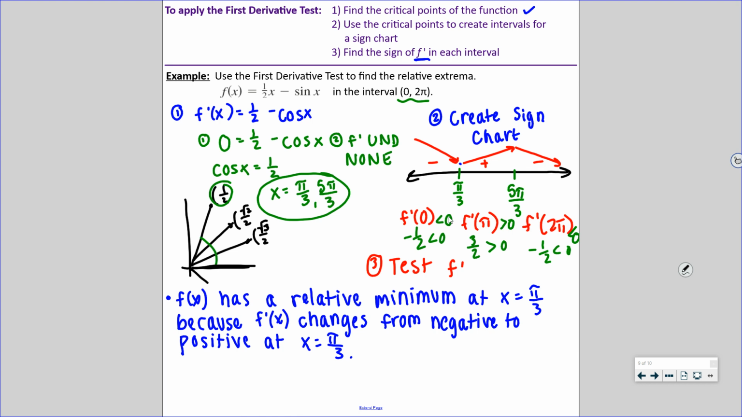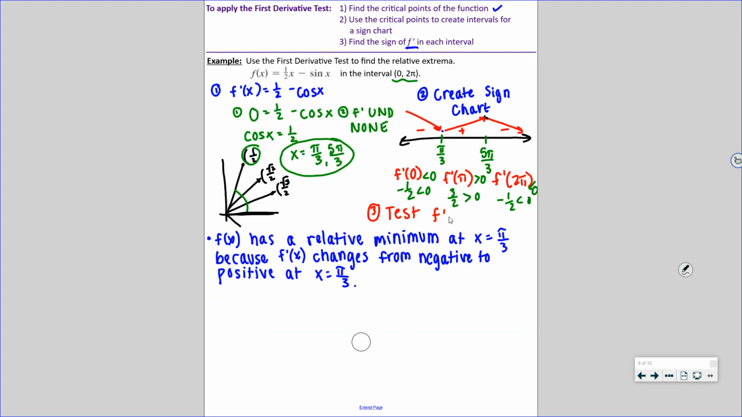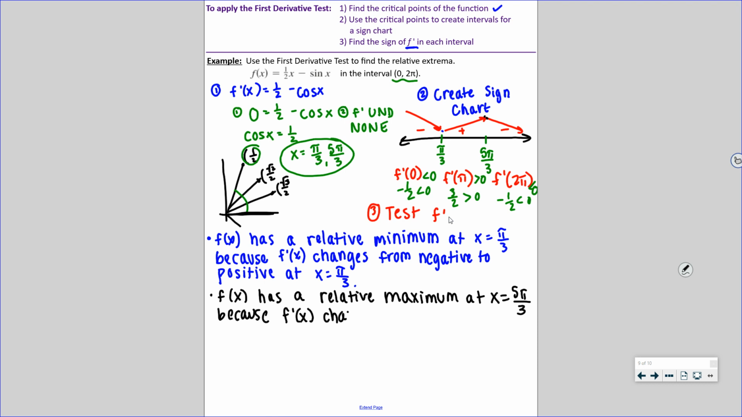Okay, then I see this other critical point. My derivative changes from positive to negative, so picture that. We'd have a relative max. Okay, our justification is going to be similar. Our function has a relative maximum at 5 pi over 3 because, connecting it to our derivative, it changes